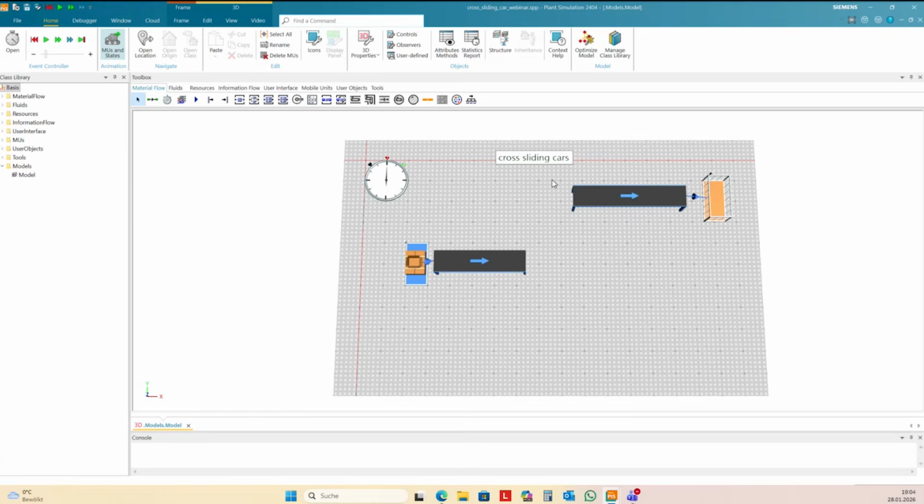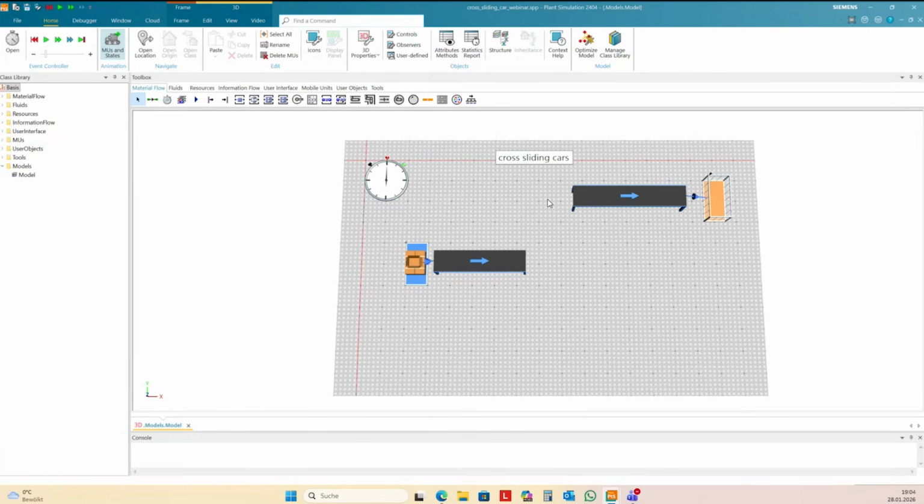And technically you have several options, and the most common options are cross-sliding cars. Now you have a car that transports this part to the next conveyor and moves there to the next conveyor. Or you have chain conveyors, where you have a chain here, and then you lower the part on the chain, and the chain transports the part to the next conveyor.